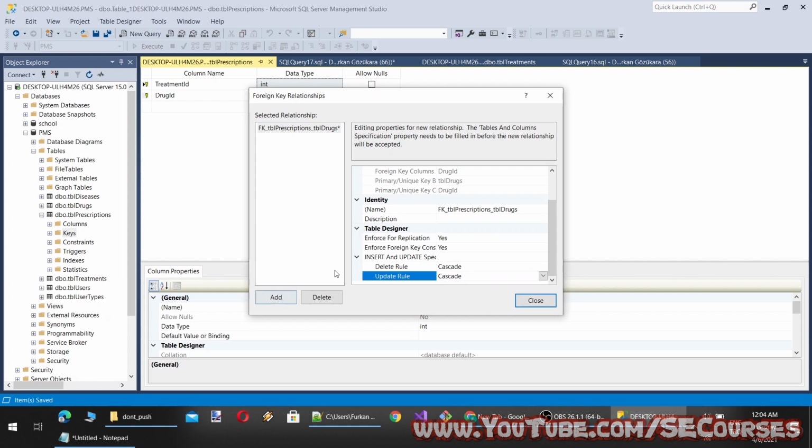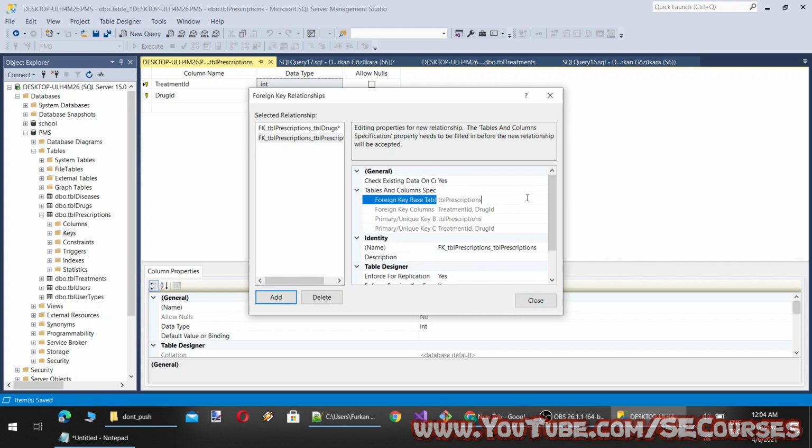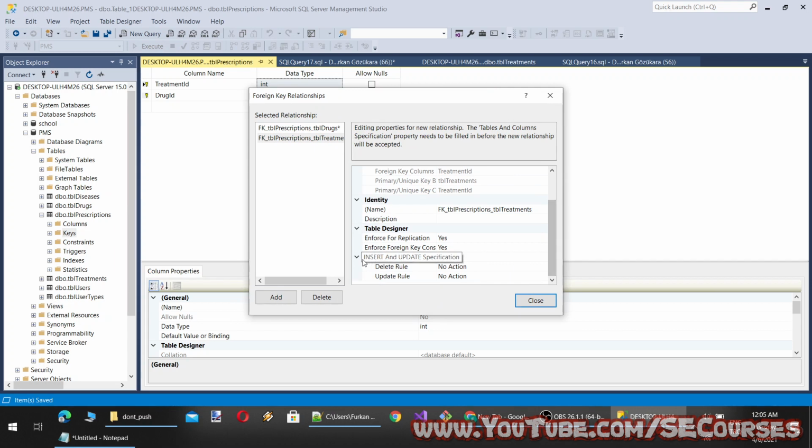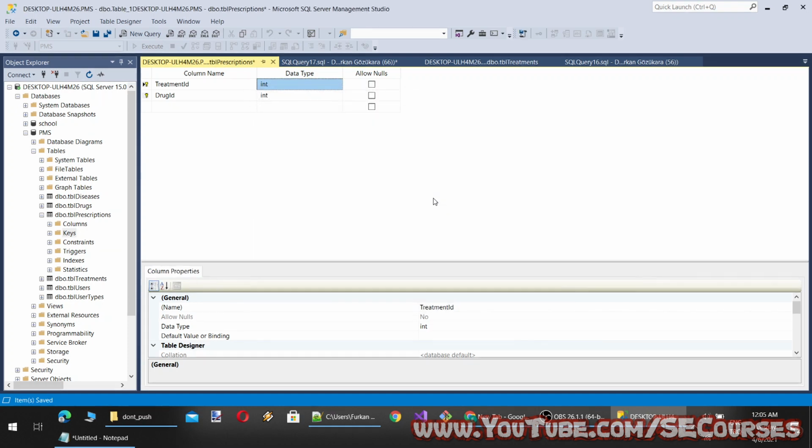When you cascade, it may delete your records, so it is extremely dangerous as well. So we have set the drug, and now we are going to set the treatment. So there will be a treatment ID here, and this will be none. Okay, so we have fully set primary keys and foreign keys and everything.